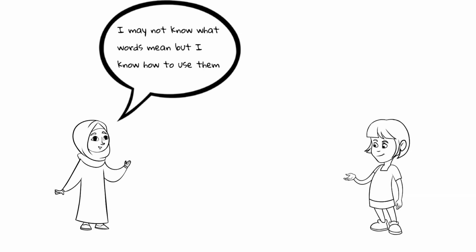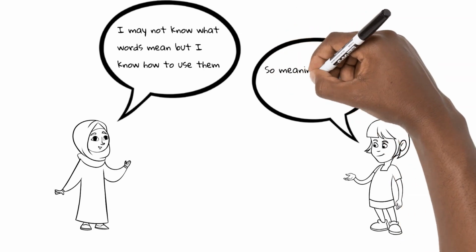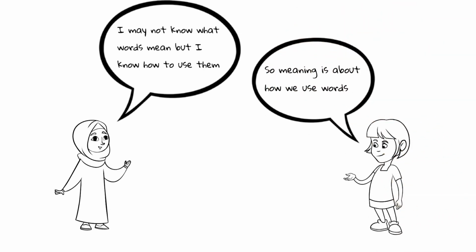You can read your class book with all these words and say, yeah, I understand this, the larger text. And when you write, you use all these words very easily. So one way to say something about meaning is that in all these cases, meaning is nothing but how we use the words in sentences. That is, if you know how to use the word correctly, then we can say that you know its meaning. So even though you may not be able to describe it fully, if you're using it correctly, then obviously you have some idea of its meaning.